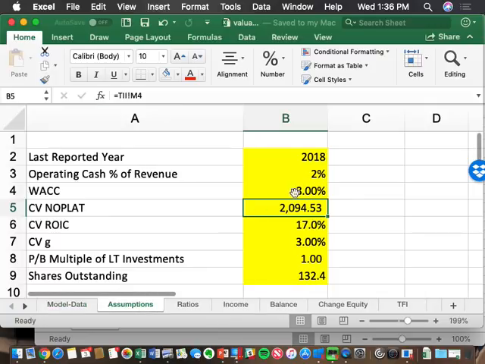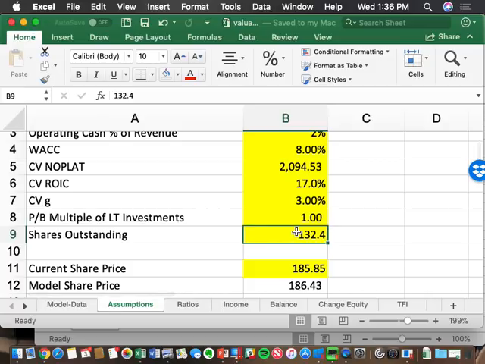assumptions. Make sure you put in Boeing's WACC. Make sure you put in Boeing shares outstanding. Make sure you're referring to Boeing's share price, not Parker Hannifin. Otherwise, you'll be very frustrated trying to redo the assignment. All right. Once you've done all that,